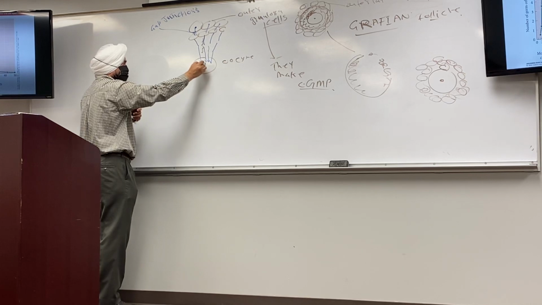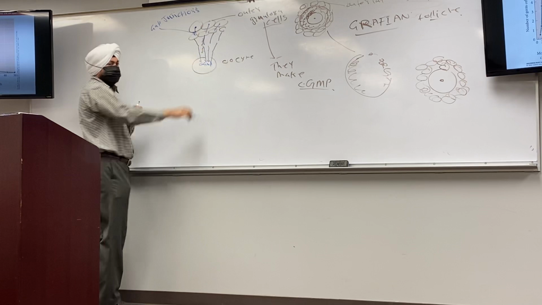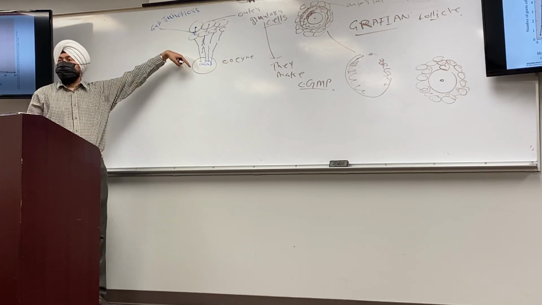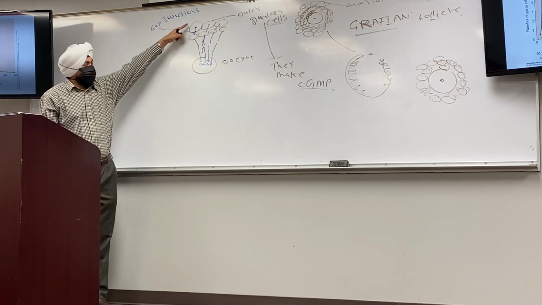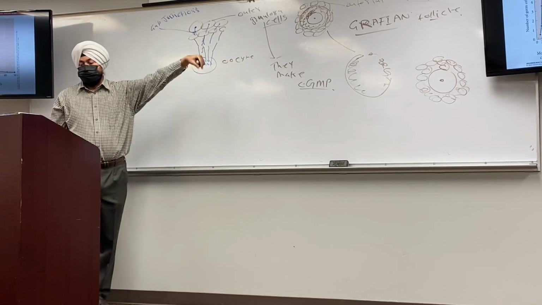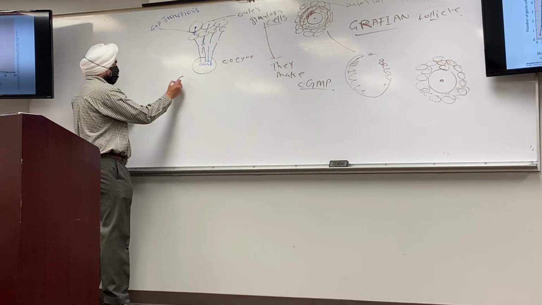So cyclic GMP is made by the outer granular cells, and what it does is enter the oocyte. It passes through the gap junctions. So far it is okay? So what is coming? Cyclic GMP